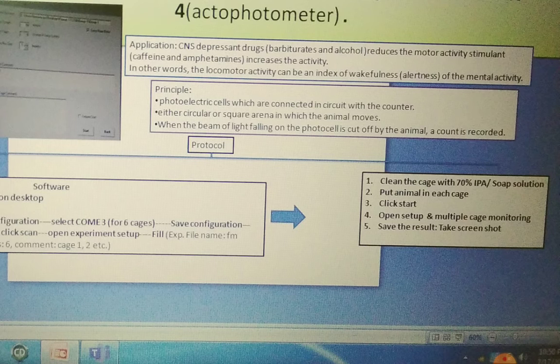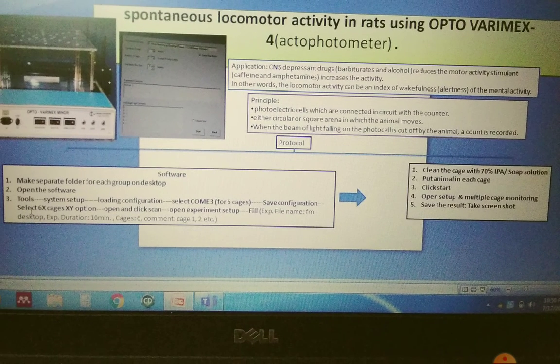You will see all cages and animal movement on the screen. Once this experiment is finished, it will automatically show that the experiment is over, and then you need to save the results by manually taking a screenshot, and then copy and paste that screenshot in a word file, right?